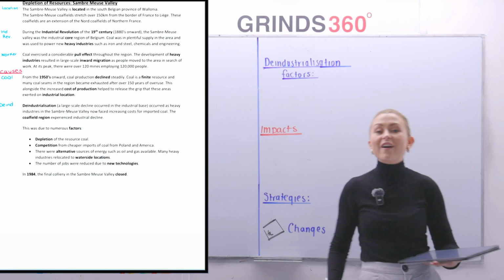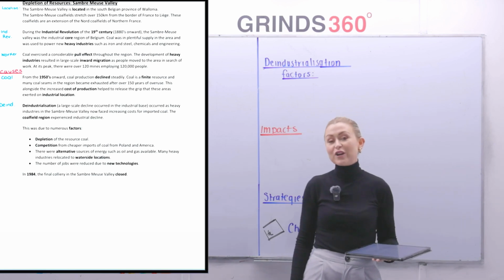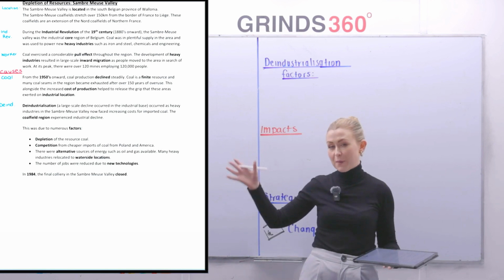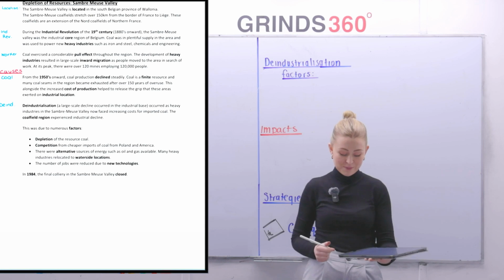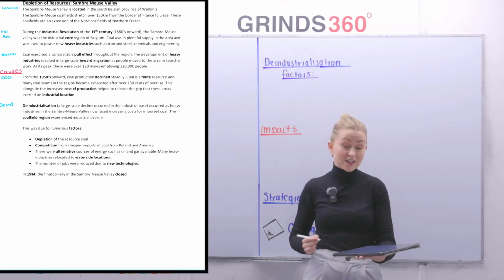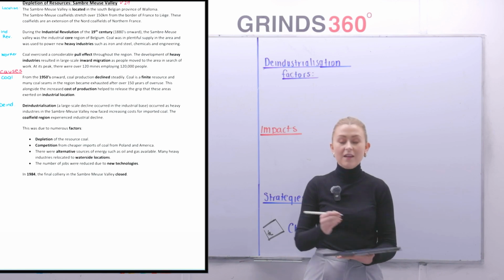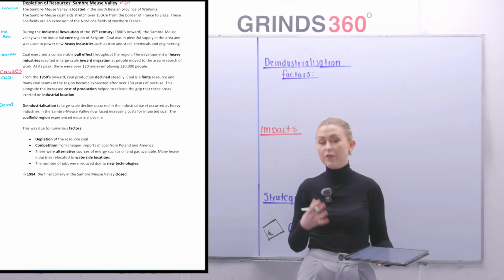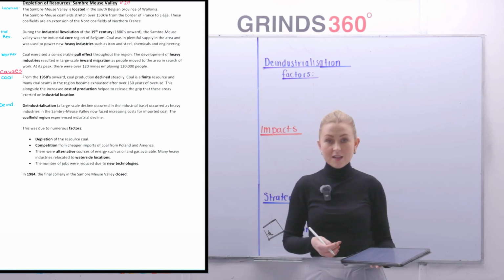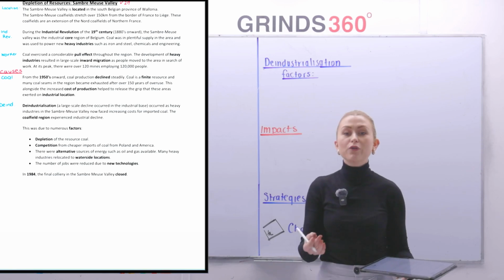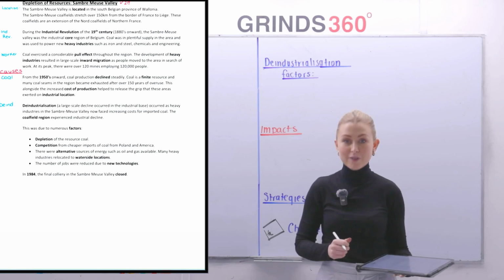So getting started with our essay on page 44. First of all, here you're going to see along the left-hand side of the page, I've already split up this essay. We're going to start off here by giving on the top of the page, the Sambre-Meuse Valley, a tick and 2 marks. This is our locational example of a region of industrial decline. Starting off with our first paragraph here, we're going to focus on the location of the Sambre-Meuse Valley.